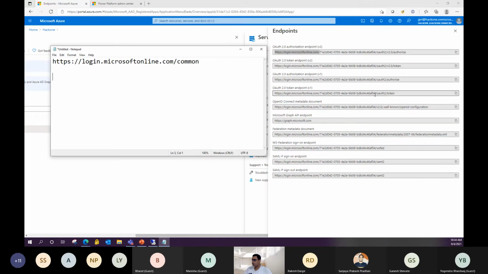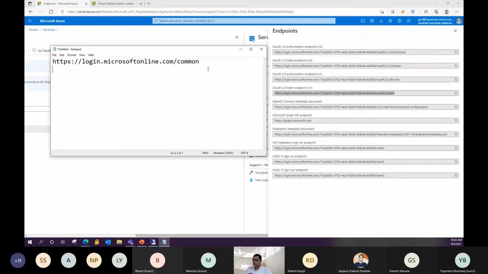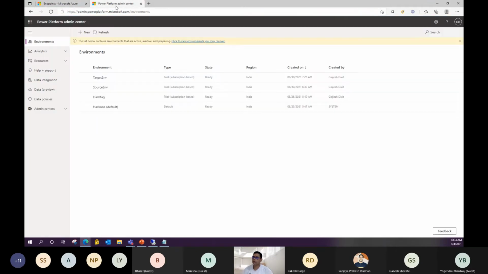But if you're putting this URL, the authentication and authorization will work for this specific environment. Basically we need a bearer token for whichever user is logging in, so they need to get a bearer token to be authorized to access the Dynamics 365 APIs. Right. Got it. Thank you.